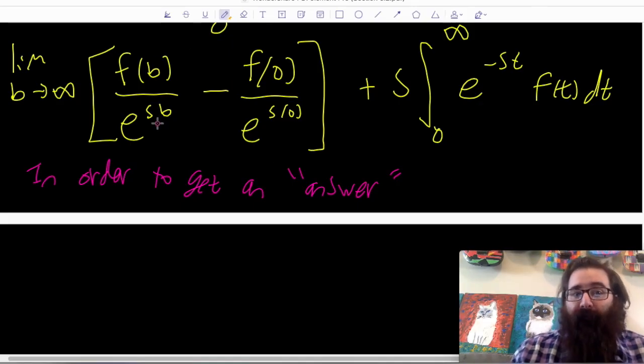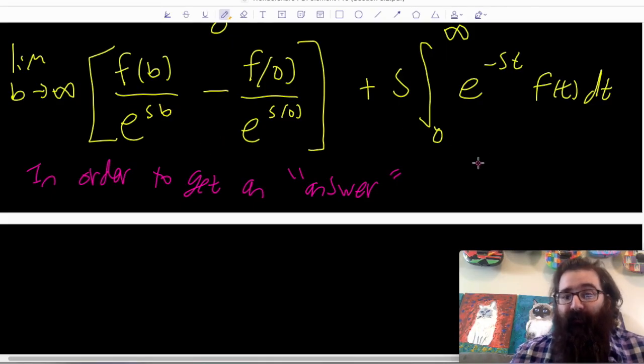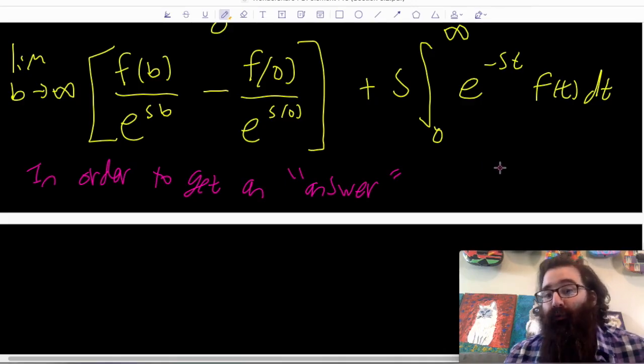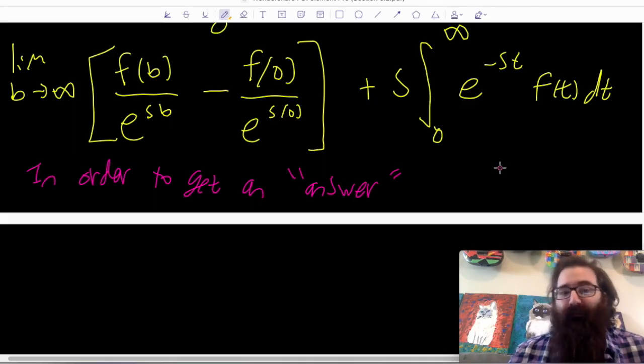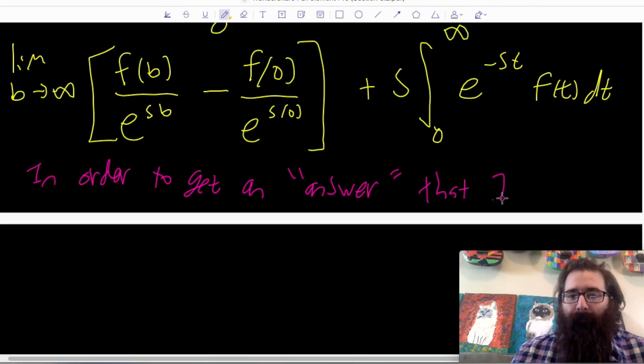Now this could diverge as b goes to infinity, and if it diverges, then this whole expression is going to be divergent anyways. And we'd say, well, okay, if it diverges, then I do get an answer, but it's not really something usable. So in order to get an answer that I can use,